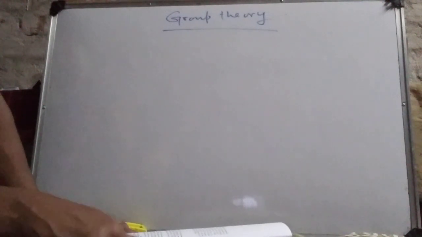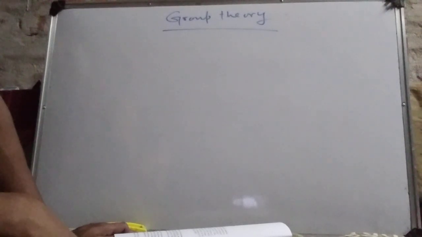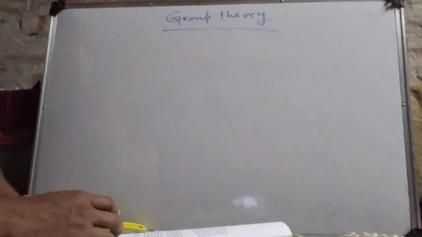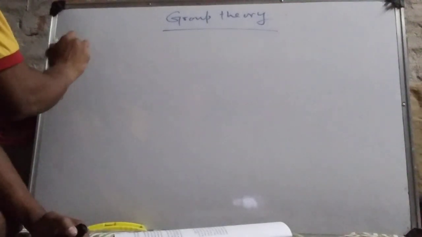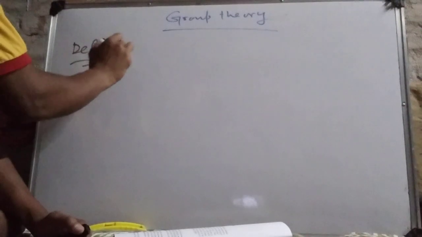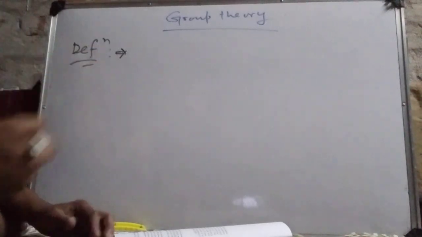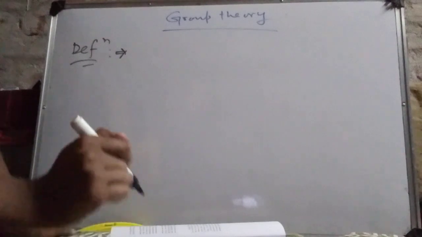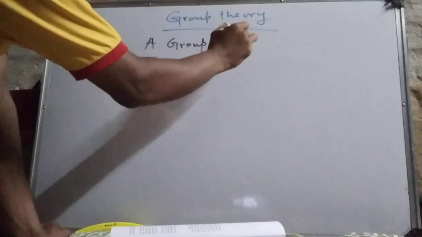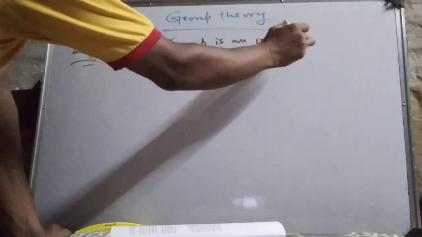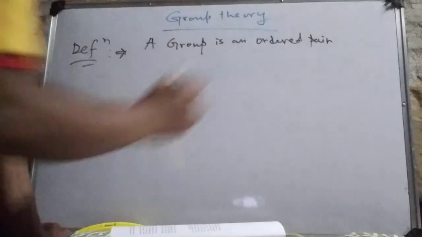Okay, so now we start from the definition of a group. We will not discuss more about the history of group theory. Now we start from this definition. So we write the definition here. Definition: a group is an ordered pair, G, star,